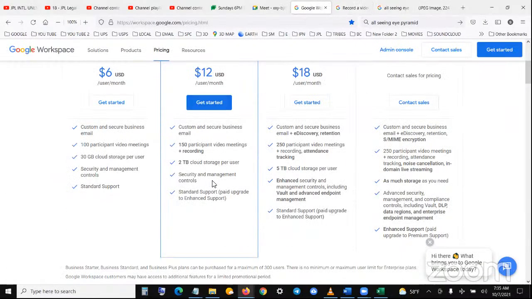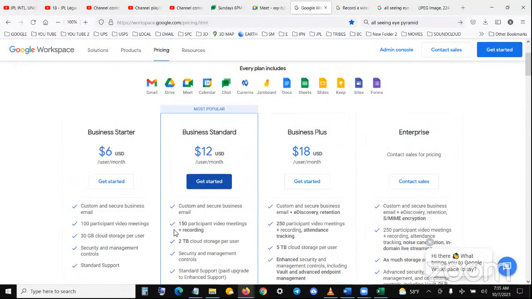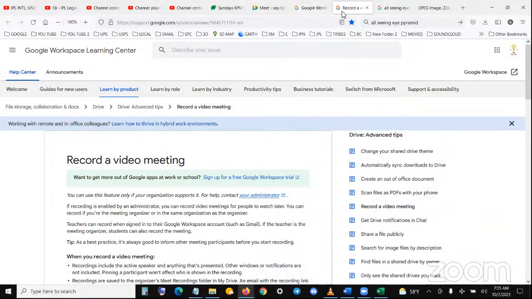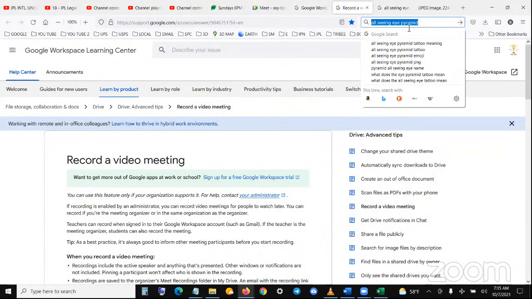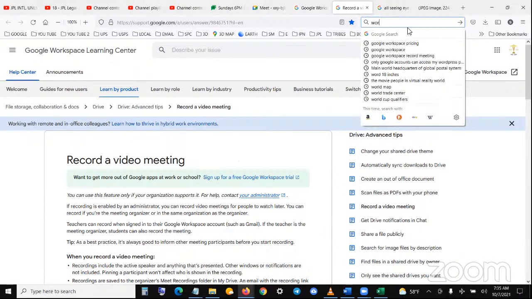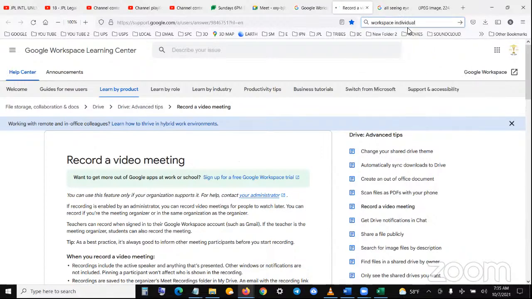And I don't even think anyone else needs a subscription. I'm getting a subscription. Obviously it's going to be beneficial, but you might not have to have this. You could do what's called an individual. Let me just do this because I don't need this. Workspace, it's like $7.99. Workspace individual, or you might not need anything.